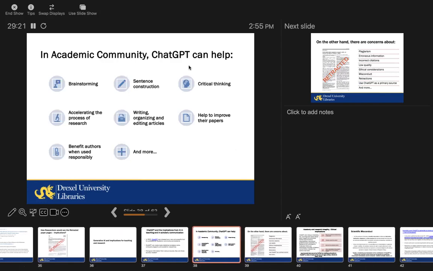These are good points about generative AI. It can really help in brainstorming. You're learning how to prompt, engineering prompt analysis. The better the prompt, the better the response could be. So these are great things because it is helping us to collaborate and ask questions and interact and engage. You're learning how to really ask good questions. The process of research, writing, organizing, we all mentioned that it helps to improve their papers. I know a couple of students mentioned to me that they have used generative AI to write a good resume for job applications, cover letters. It's a great way to do that, definitely helpful.